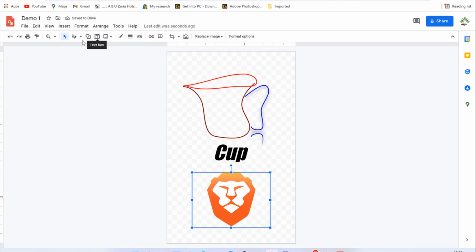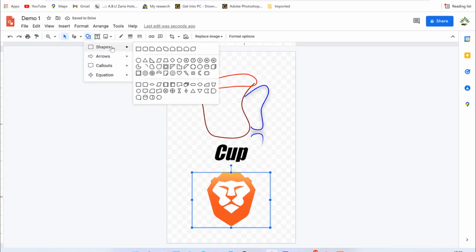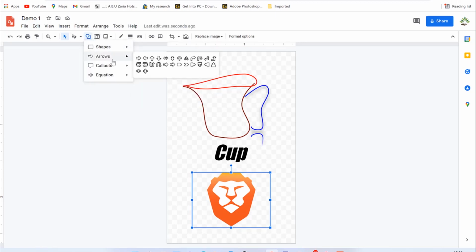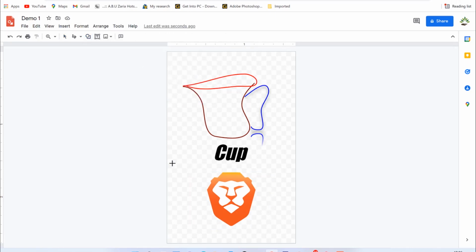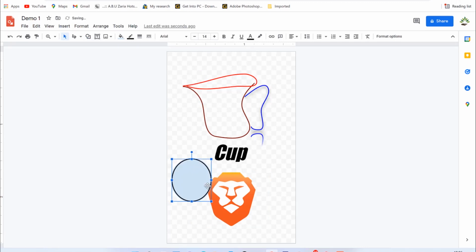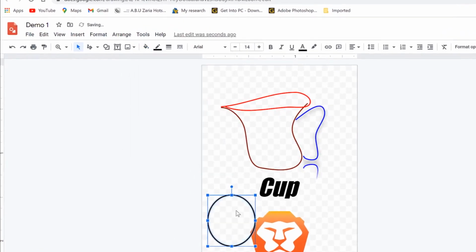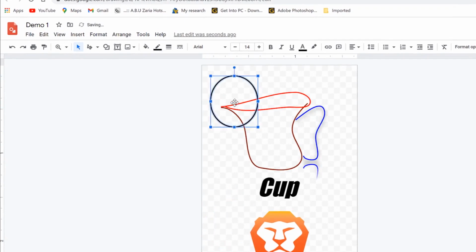You can bring in different kinds of shapes from here. You can see all sorts of shapes from here, and you can see them around. Let's say we bring in a circle, and you can just put the circle over here, and you can do all sorts of things. Okay, you can bring this circle, and you can edit the properties of this circle. Okay, you can see over here, for example, the fill color. You can make it transparent, and you can see it's visible. It is transparent, and we can make this cup also within this circle,